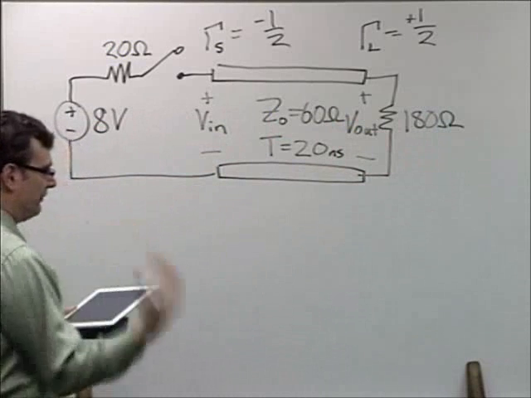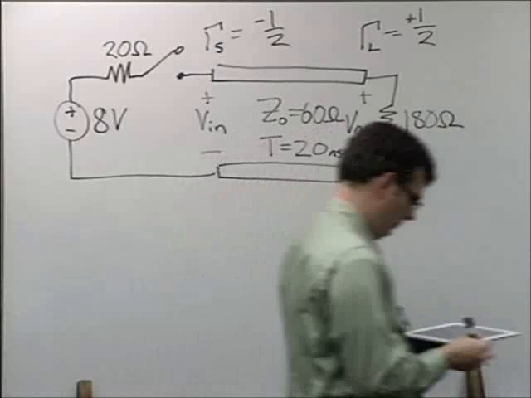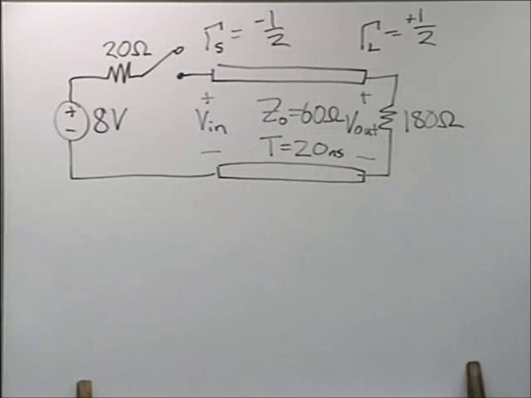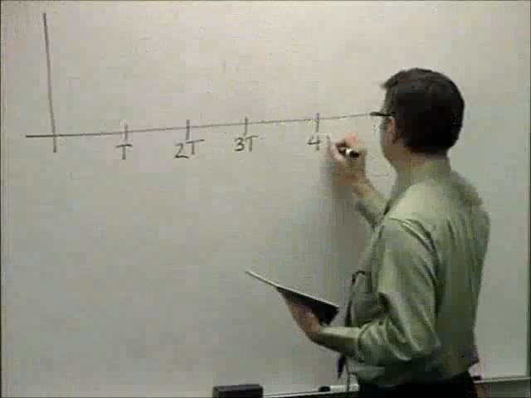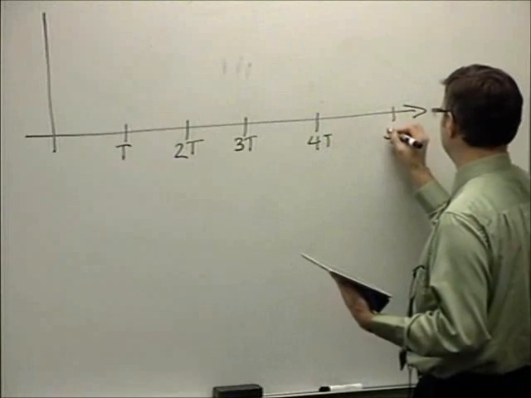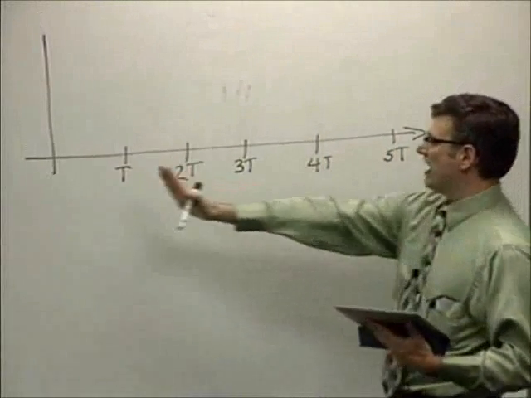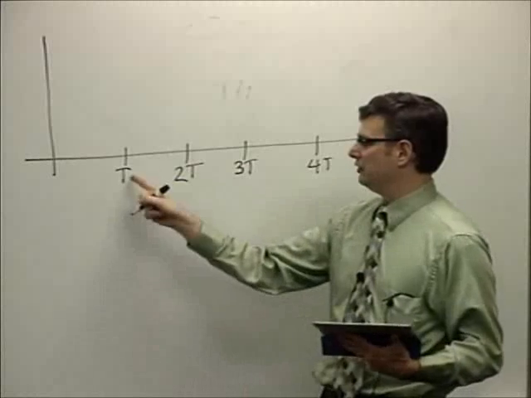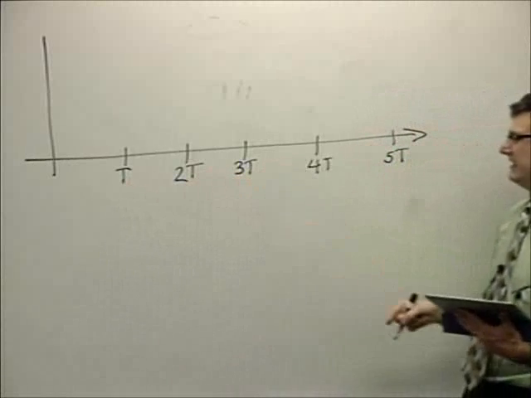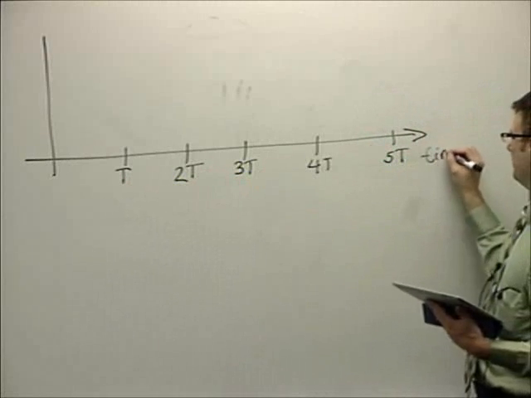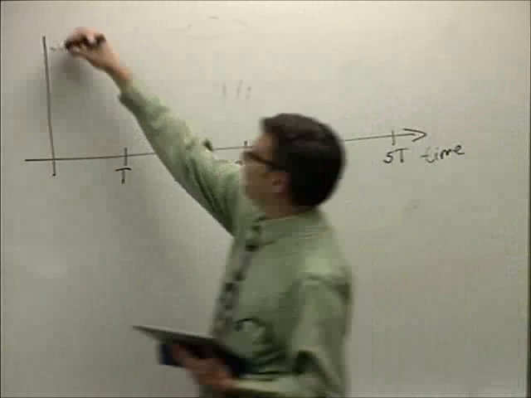And let me just briefly blow through what the output voltage would look like in this scenario. Relatively easy to calculate at this point. I'm going to graph it in terms of transit times. This would be 20 nanoseconds, 40 nanoseconds, 60 nanoseconds on the time axis. And on the voltage axis,